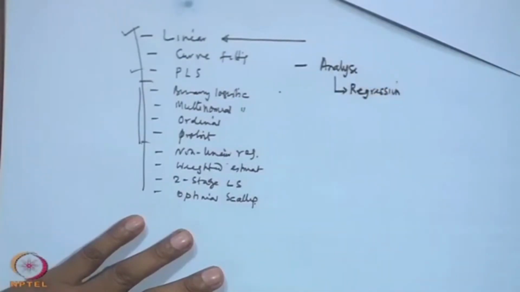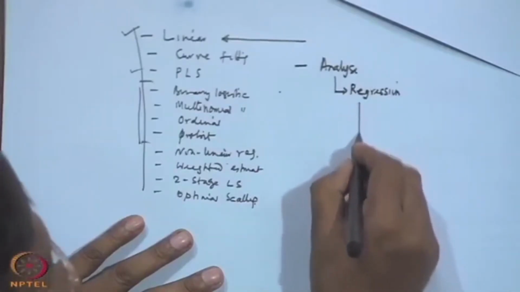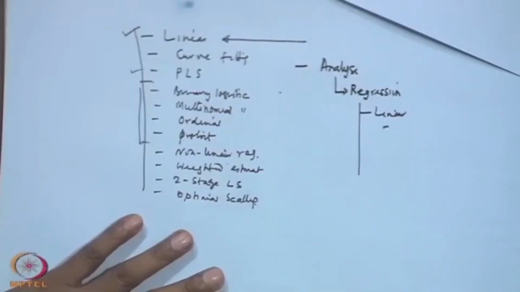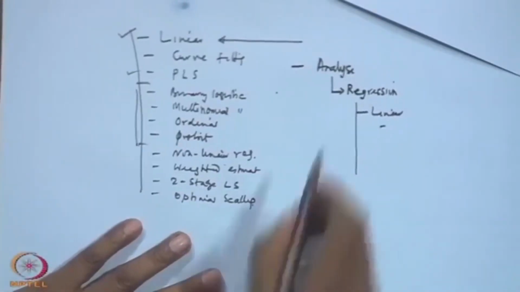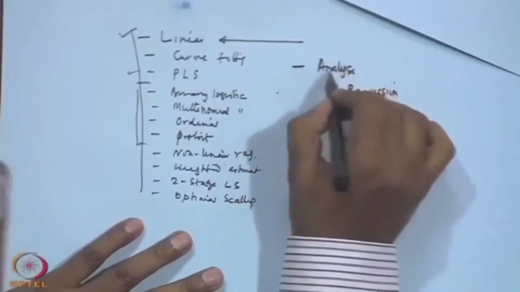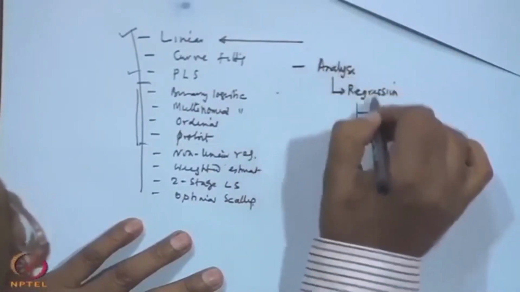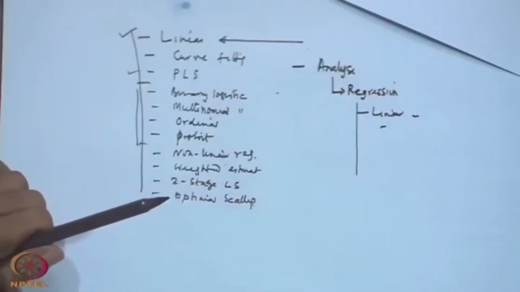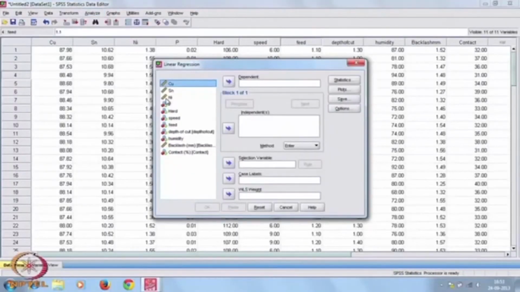If you click regression, there will be a list here, the linear regression. So, in SPSS, in Analyze, you click Regression, then click Linear Regression. Now, let us click Linear Regression. What is happening here? You see that one window